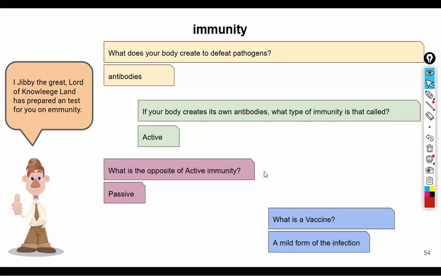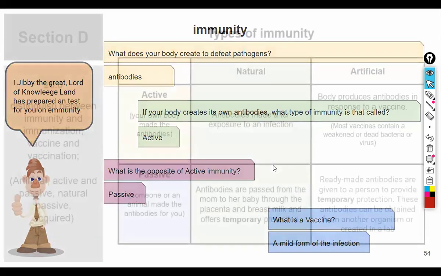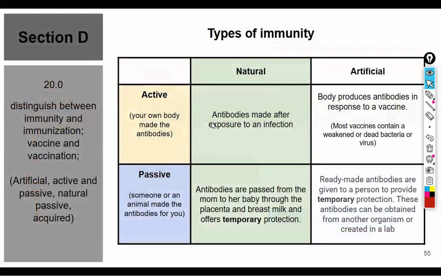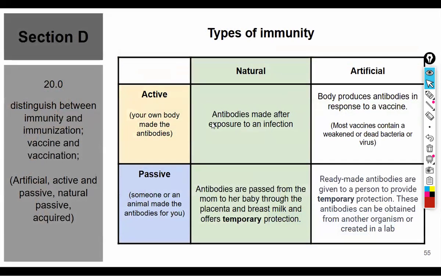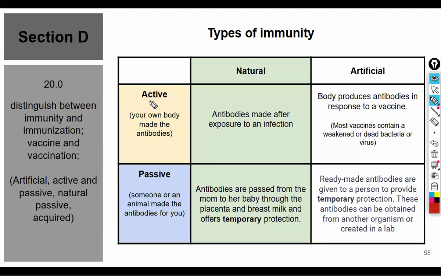All right. So let's have a look here. And this is a real important piece here, right? Types of immunity. Now, we have 4 categories here. You need to memorize this here. We know active is the one where your body and your body alone develops its immune system. It doesn't get any outside help. But there are 2 types of active: